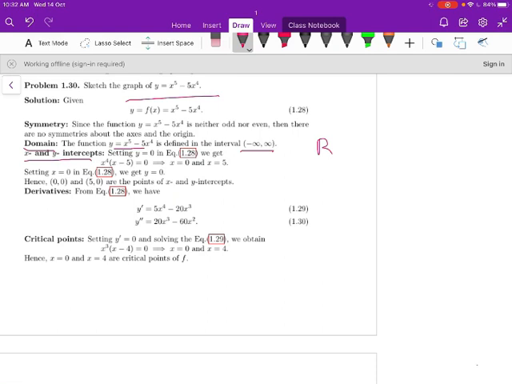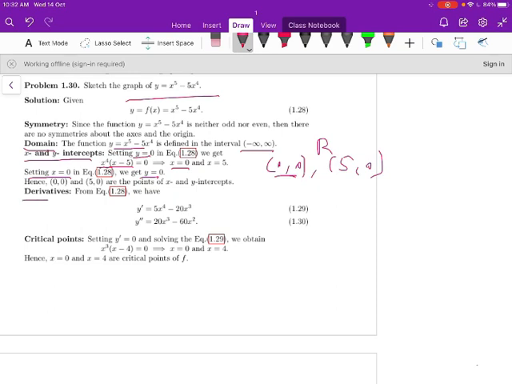Setting y equal to 0, solve for x. We get x power 4 into (x minus 5) equal to 0. We have x equal to 0 and x equal to 5. Therefore, (0, 0) and (5, 0) are the x intercepts. Now by setting x equal to 0 and solving for y, we get y equal to 0. So (0, 0) and (5, 0) are the x and y intercepts.